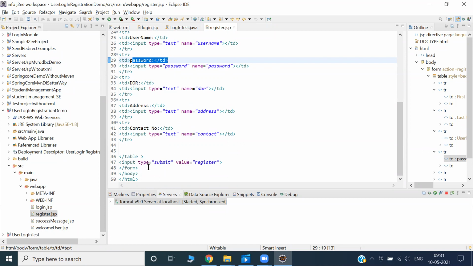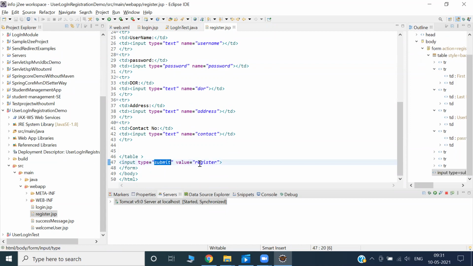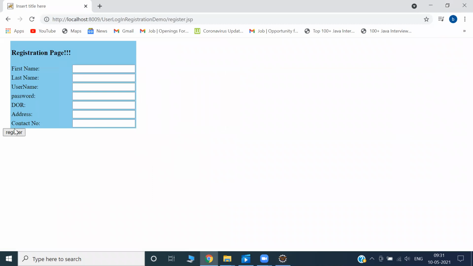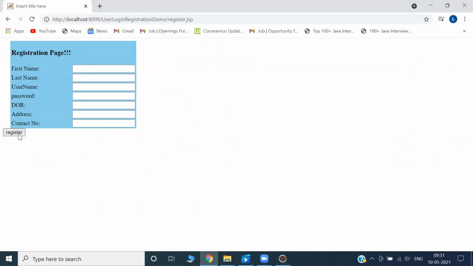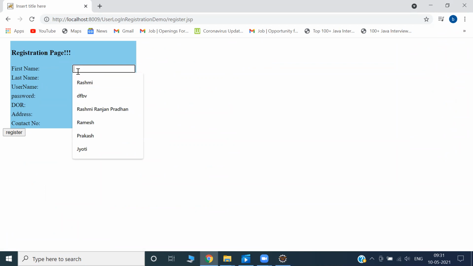What next? There is a submit button. It means some action is occurring. Yes. What is the action name? Value is register. If I click this one, something will happen. I'm interested in what that something is. Is it inserting the data? If it is inserting, which table is it inserting?